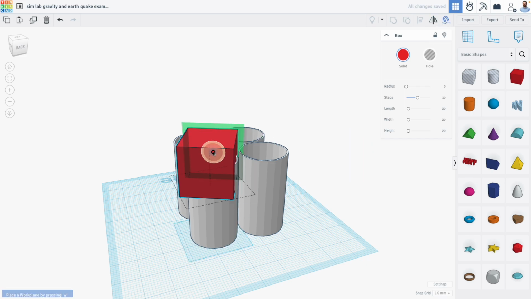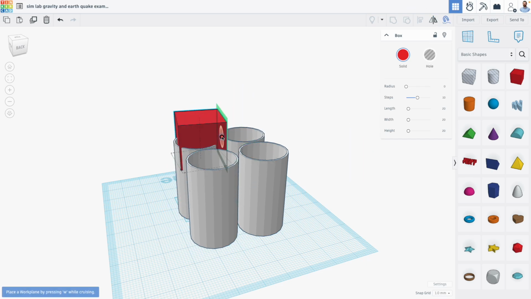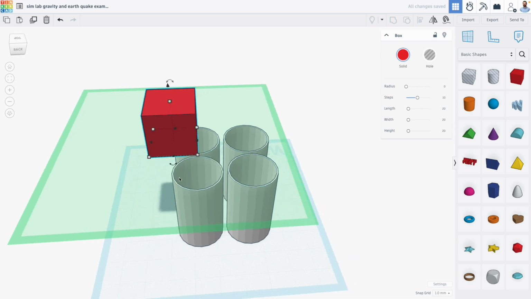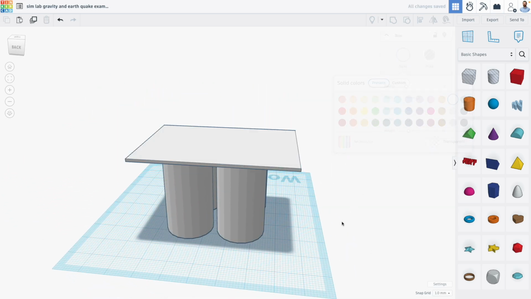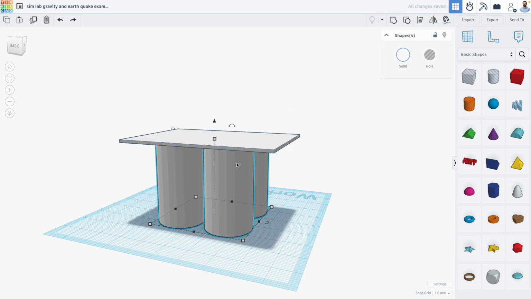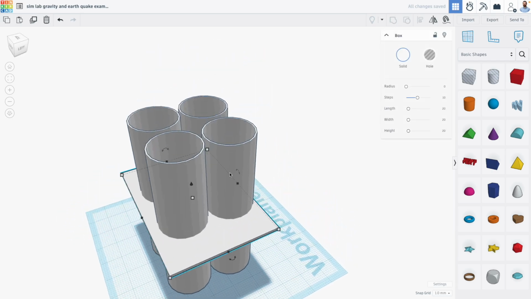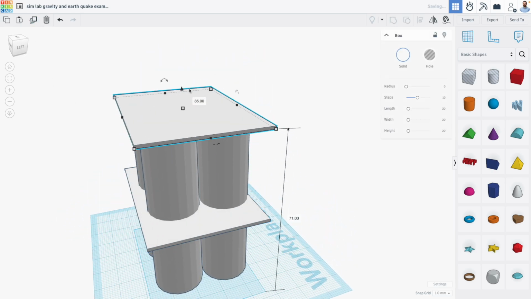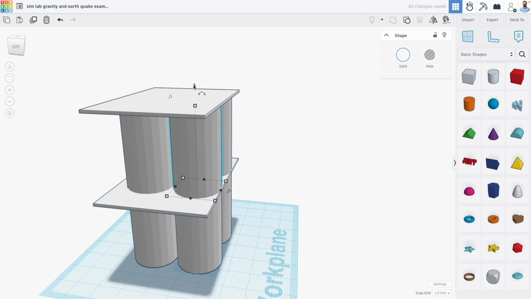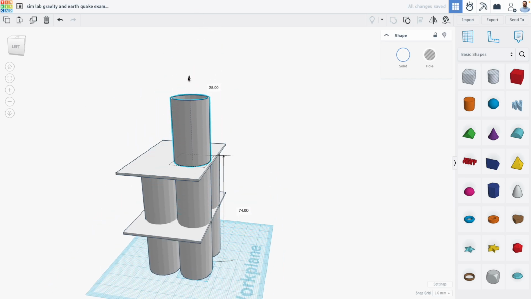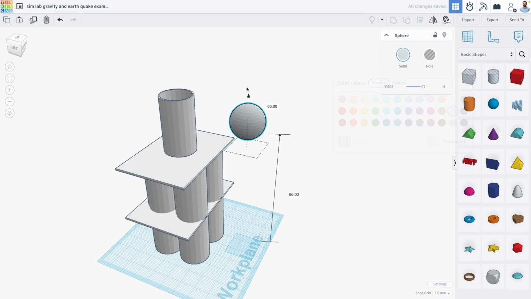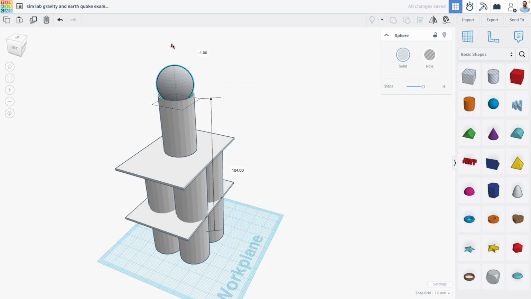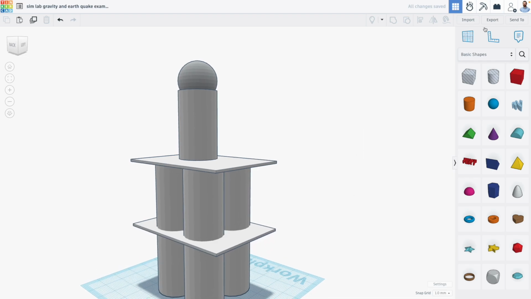And let's bring what would be a flat sheet of paper right on top of these paper cylinders, and then maybe another row of paper cylinders and another sheet of paper, and then maybe just one more cylinder on top that has to hold something like a ping pong ball. If this was my Tower of Pong design challenge that students are designing for. So if we head over to SimLab